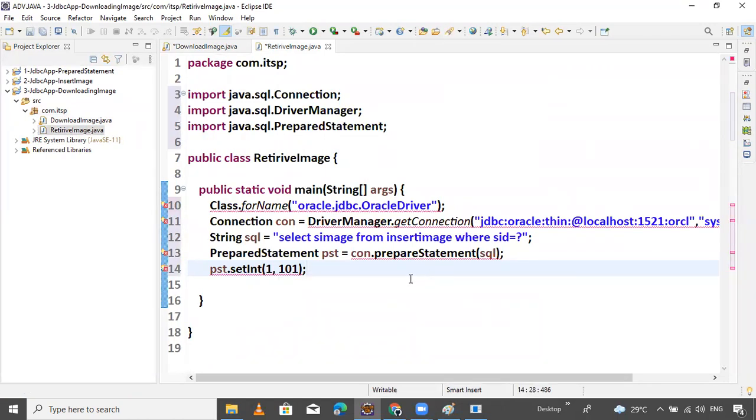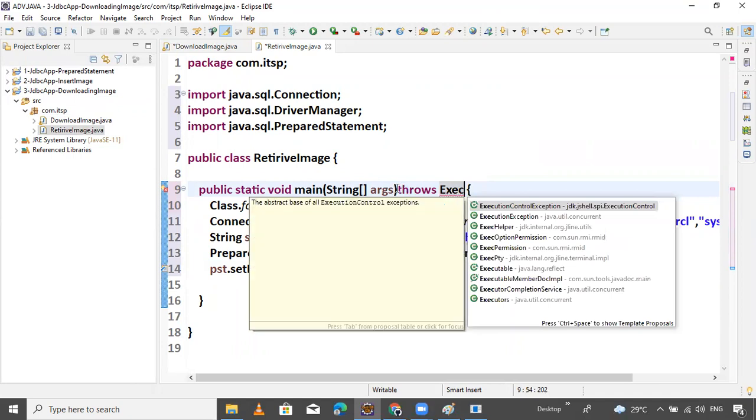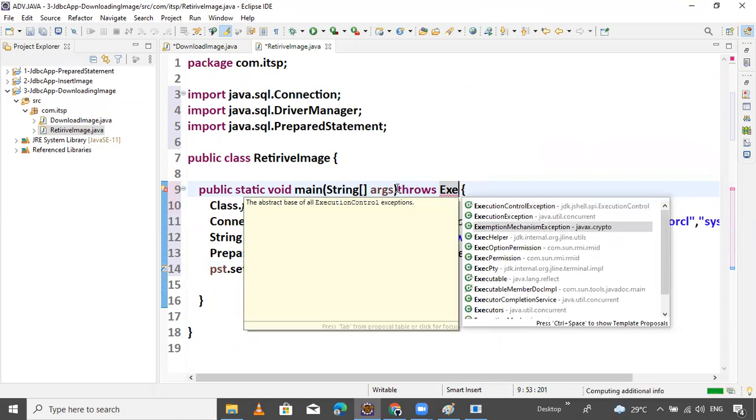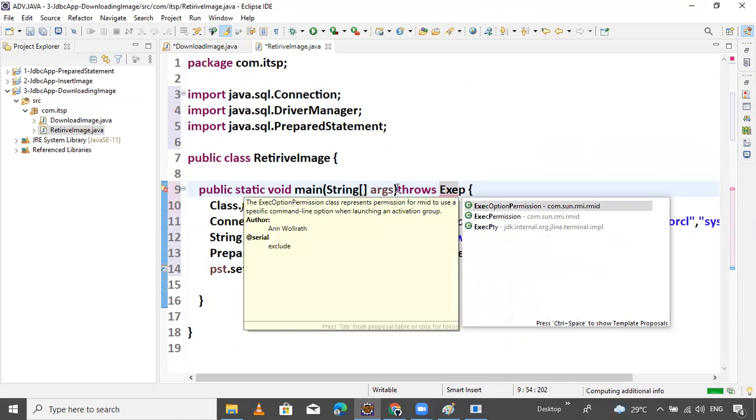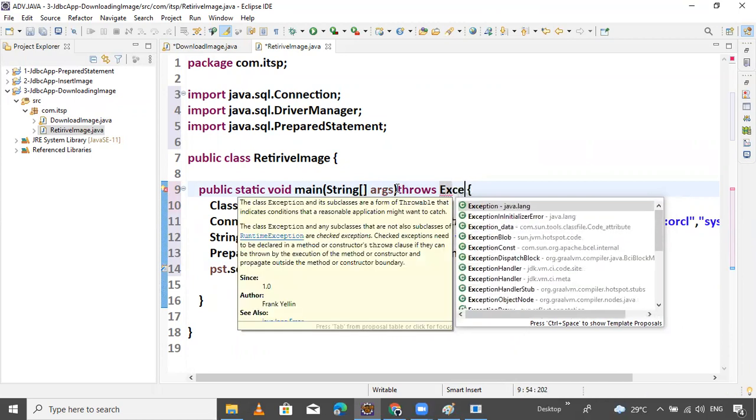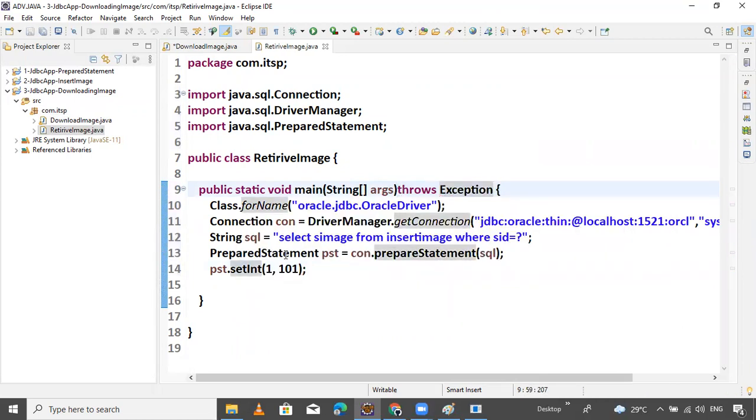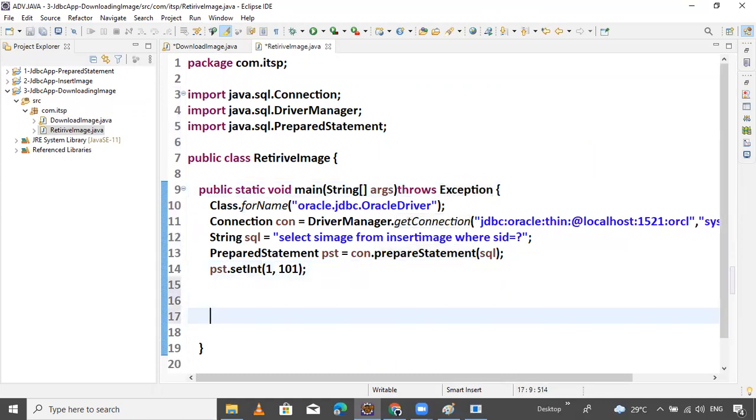Control C, throws, whatever. That's it. Now the main logic starts here. This is a very good logic for you guys.